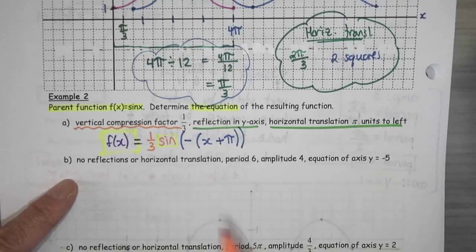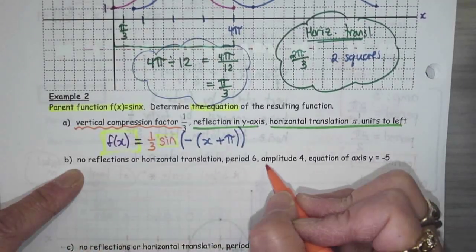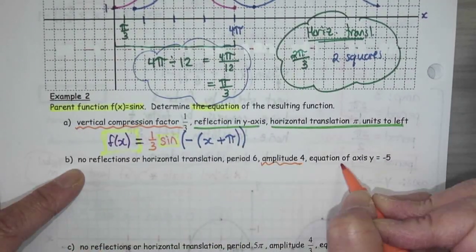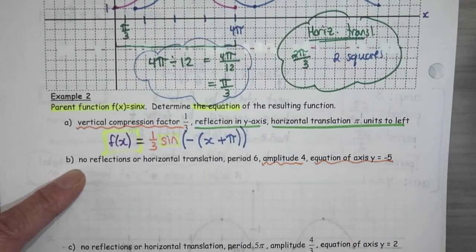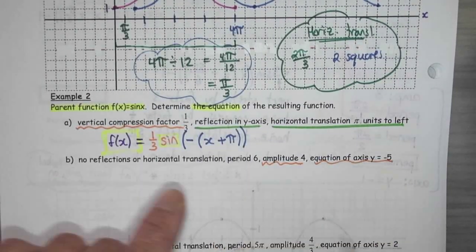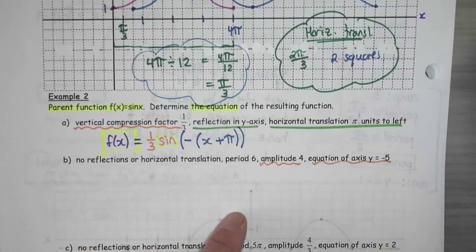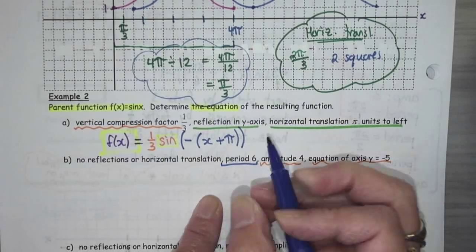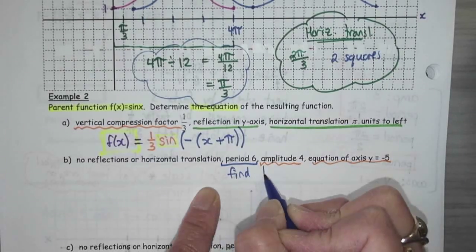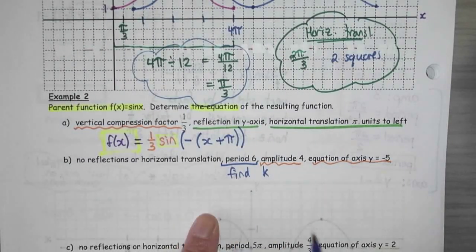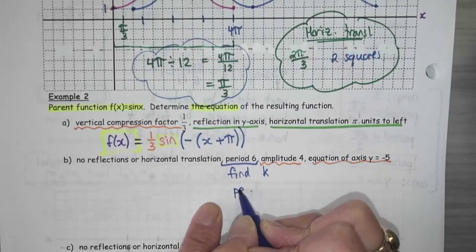So one more time. The amplitude is 4, and the axis is this. So those are the vertical parts. I'm going to put the 4 in front and this over here. Period is 6. This is not k. Not k. We need to find k. That is not k. So this one right away, I know the period,